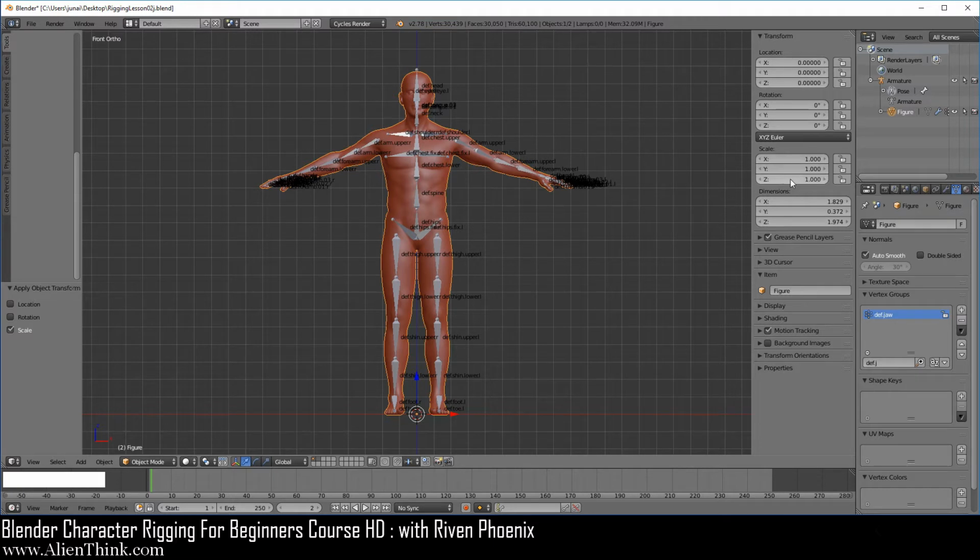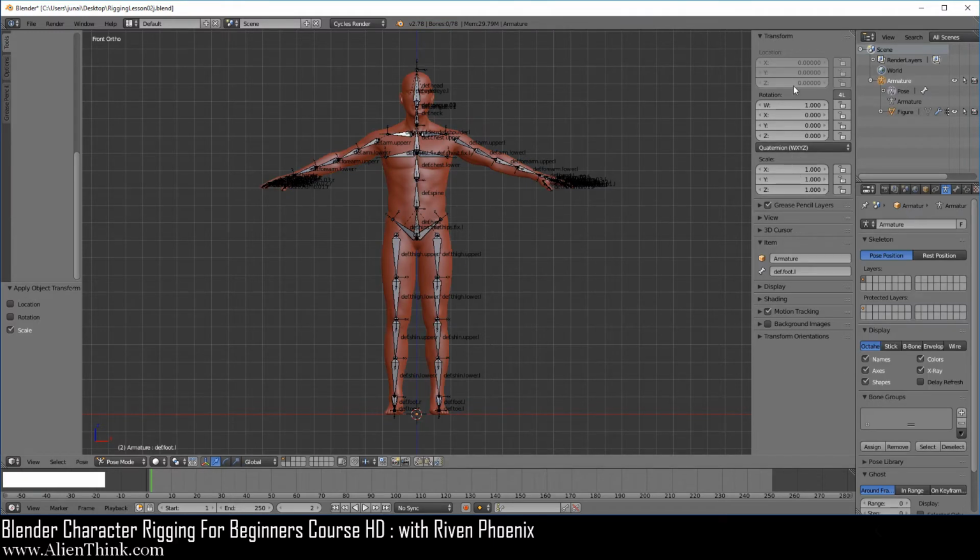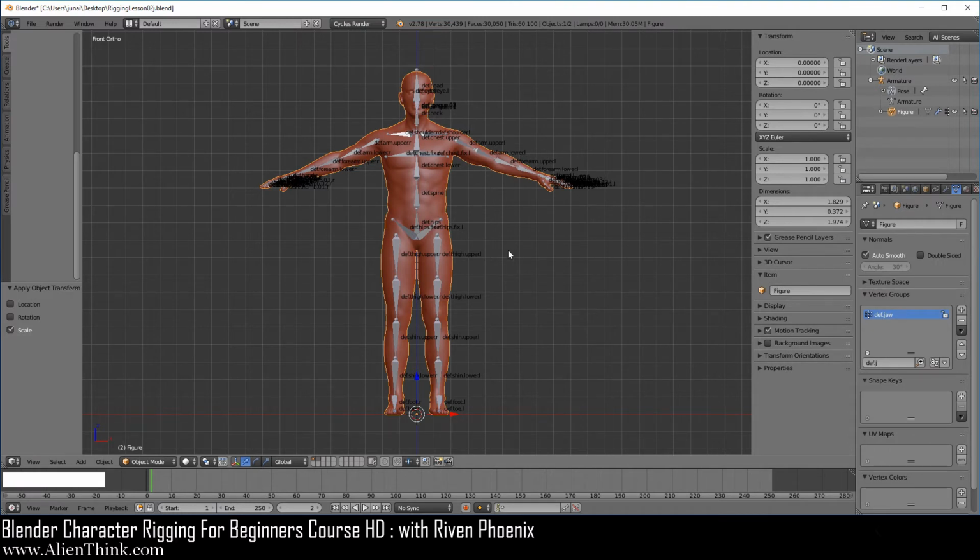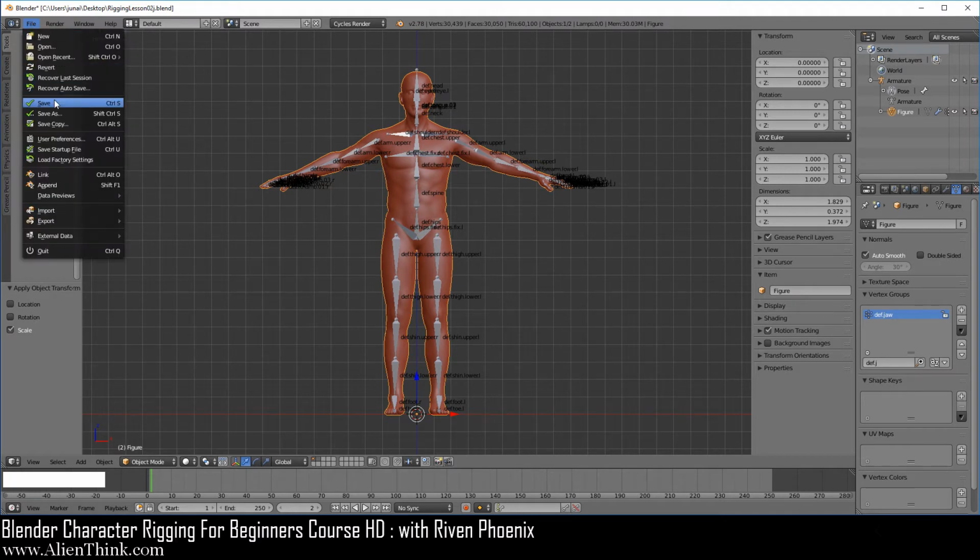This will make sure that your figure is basically set up as if you have given rebirth to it, right? So when video gaming engines look at your figure, they're going to look at this information over here and import your figure just like how it is in Blender. Now it's a good idea to click on the armature and also check to make sure that everything is set up correctly. So here everything is set up. Okay, here I'm just going to click on the figure, and now remember over here the header says desktop, that's where I'm saving it. So I'm just going to do save.